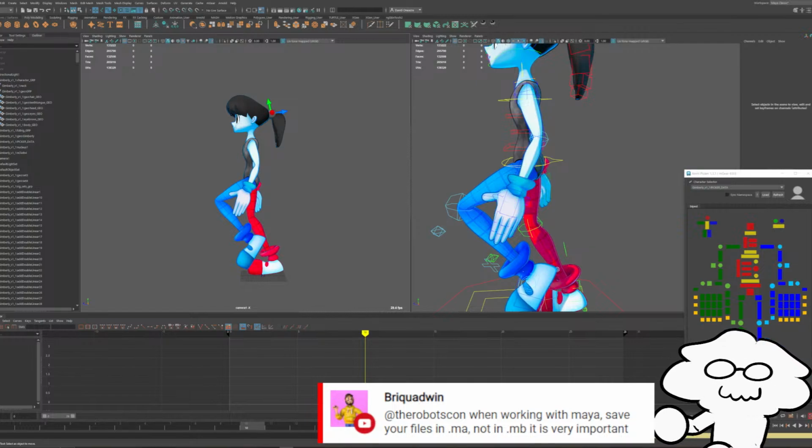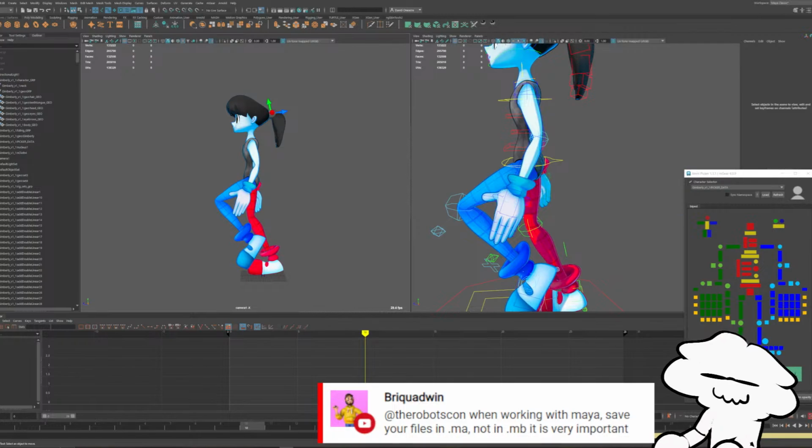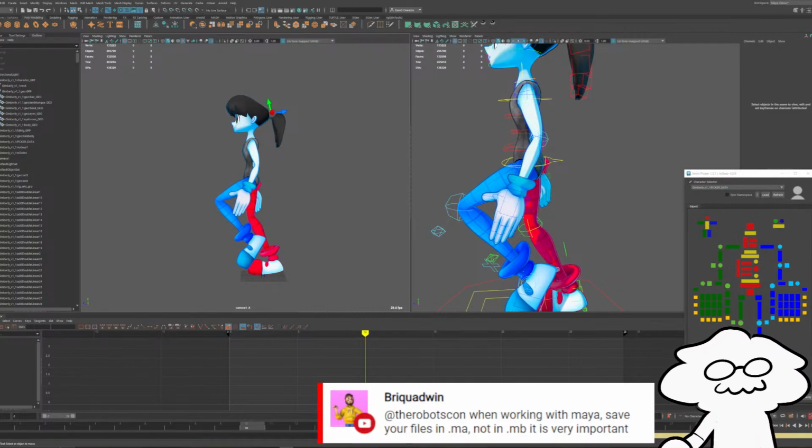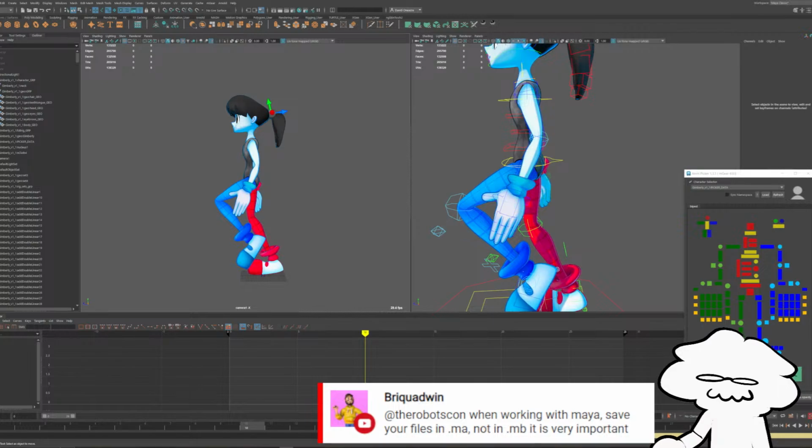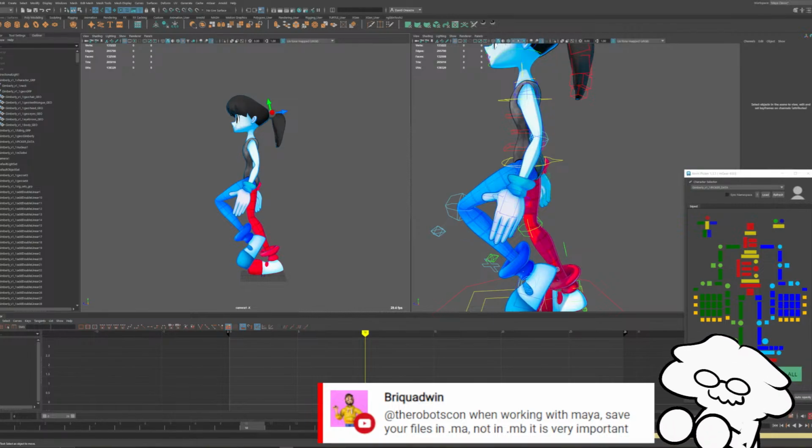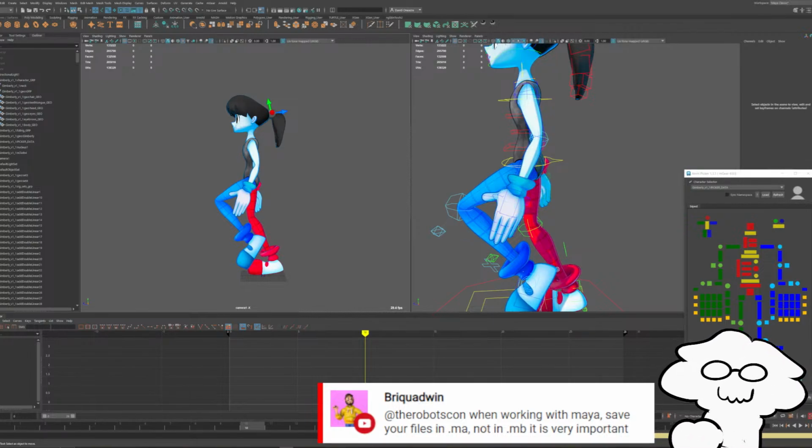I work with .mb files all the time, and I very rarely see crashes anymore. I think generally all the kinks that have to do with .mb files have been worked out. So if you're working in older versions of Maya, I would recommend that. But generally these days, I've not had any real issues with the difference of .ma and .mb files, just as a general note.